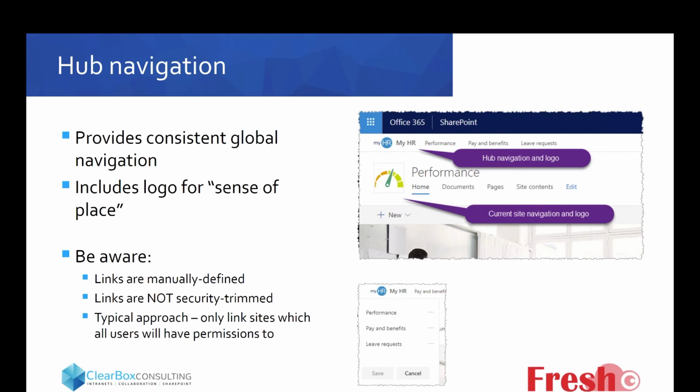They'll always be able to go back up to the hub, and you can even do other things like perhaps add a link to your top level intranet homepage across each of these hub navigation sets. So if you end up in a big organization and you've got 10 or 20 hubs, one thing that's consistent about them is that they all allow you to easily get back up to the intranet home that you might have that's the umbrella over everything. Other features,